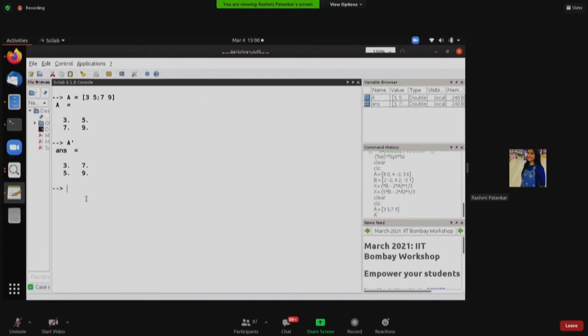So this way you can solve the questions based on matrices. The reason we are doing this is that we wanted to show how Scilab can be useful at the high school level. Scilab can be useful while solving problems of these types, such as vectors and matrices. Later on, we'll also learn how to do plotting, and in that also Scilab can be extremely useful. If you have any questions related to the practice problems, please put them in the chat box. I'll be happy to answer them.